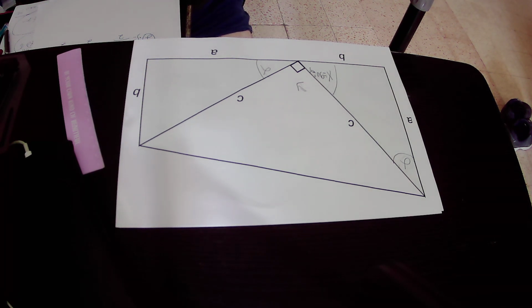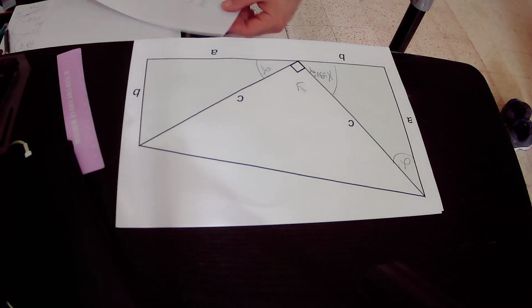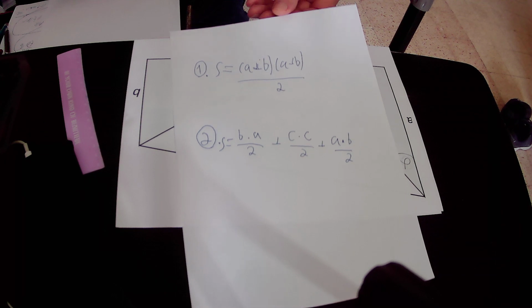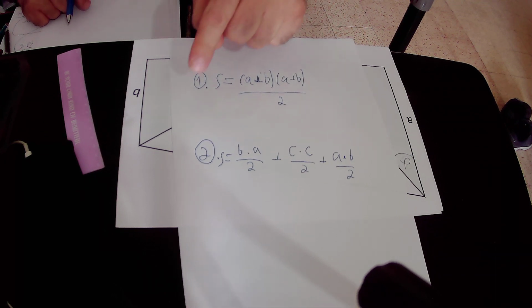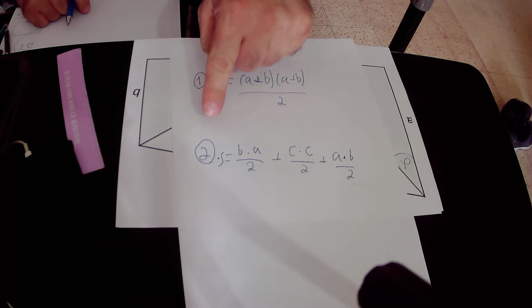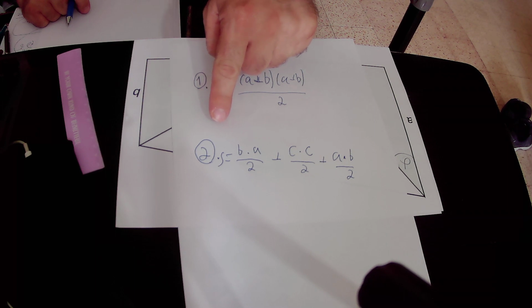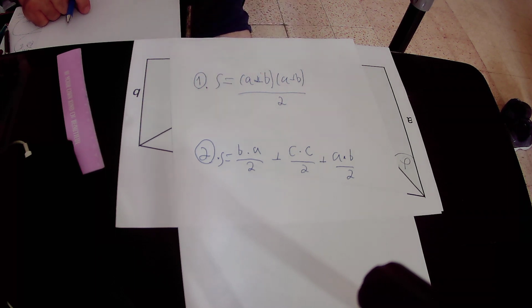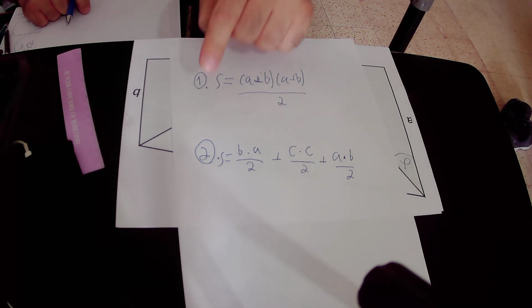So the sum of the areas of the three triangles is equal to the area of the trapeze. So in total we got that the area of the trapeze in the second way of the calculation